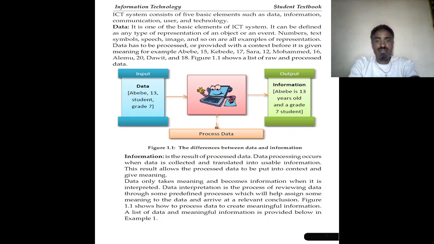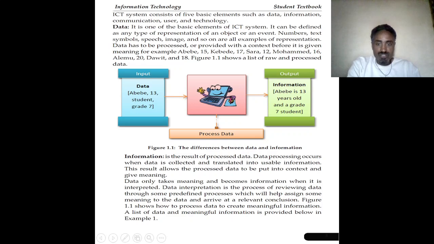The final result, rank, average, sum, comes after collecting the subject marks for each subject after a semester. In a semester, we will get a rank and an average. When we collect specific marks and change them into a sum or total, we are processing the data. Then we will get an output. That output is our information. The rank, sum, and average are information. But the marks for each subject are data.